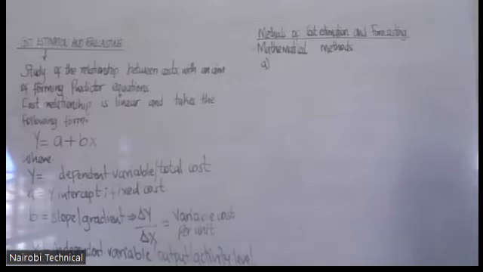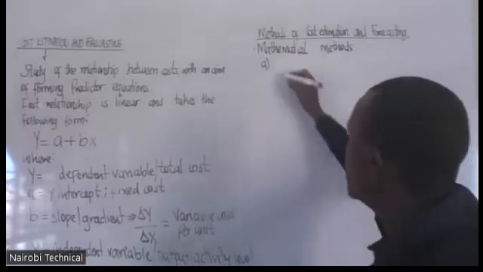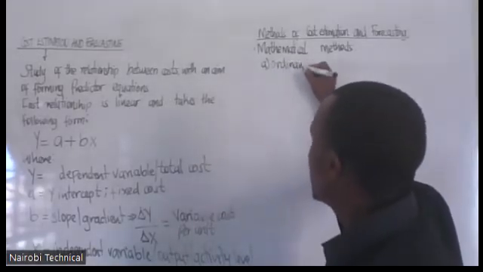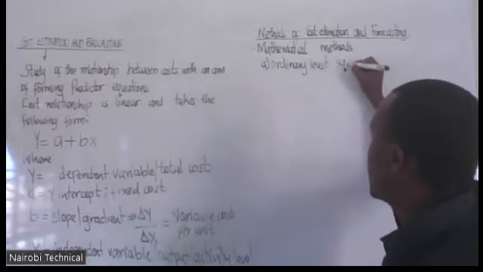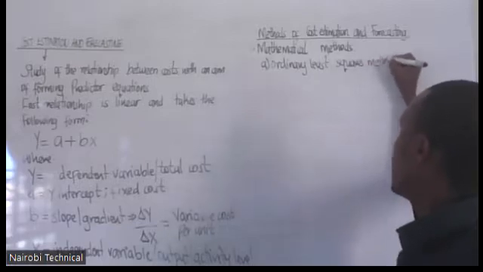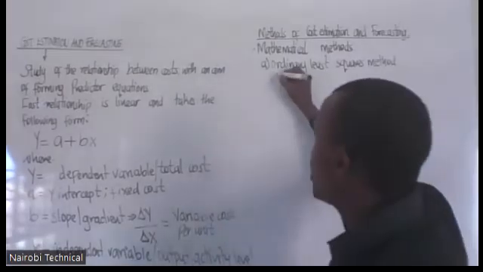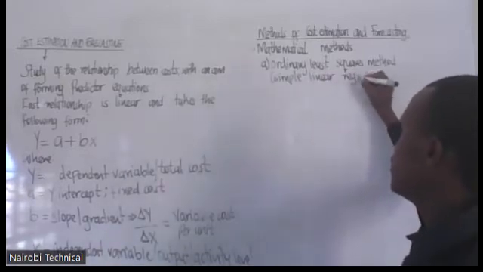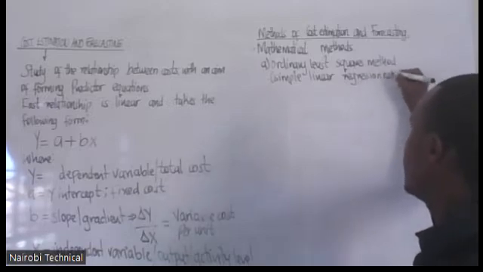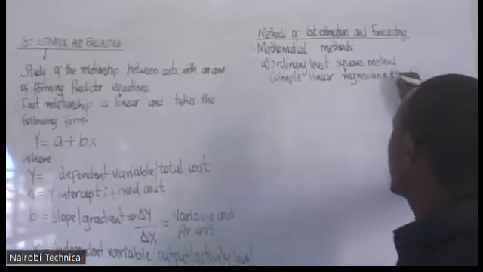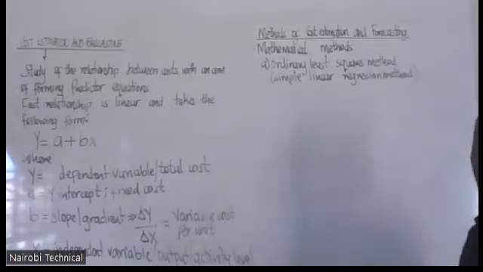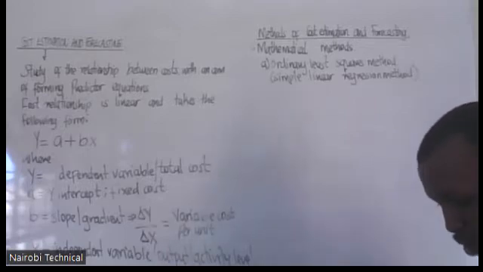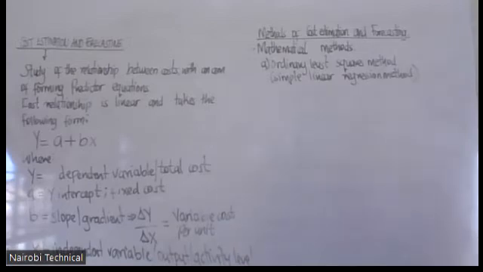Number one is the ordinary least squares method, or what sometimes we refer to as the simple linear regression method, or just linear regression method. We also have the multiple linear regression method, but your syllabus only requires us to cover simple linear regression method. Number two, or the second method of cost estimation that is mathematical in nature,